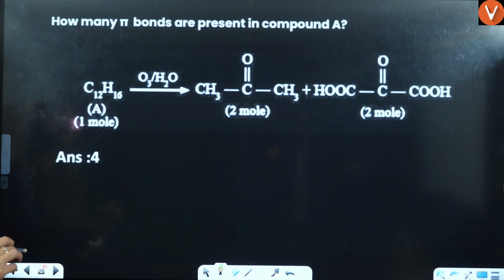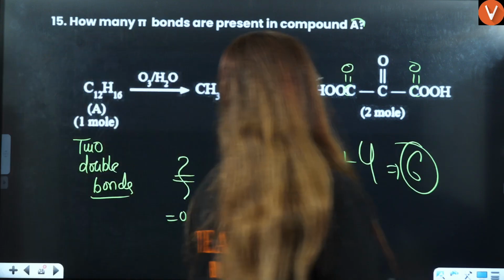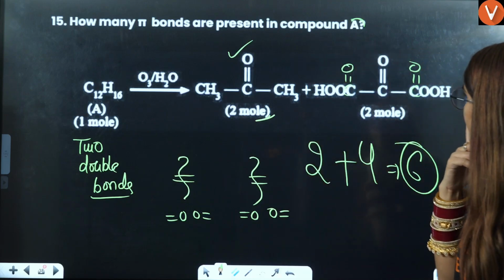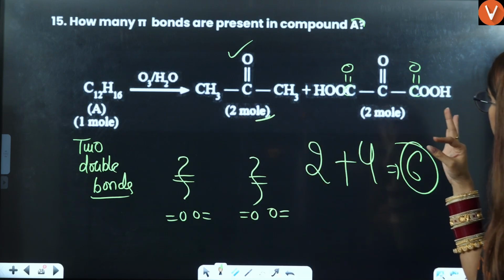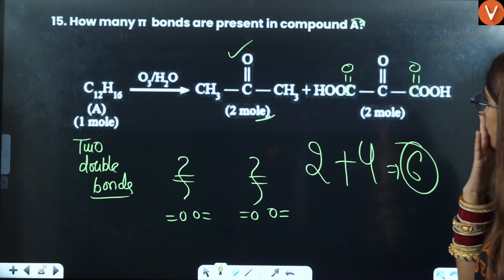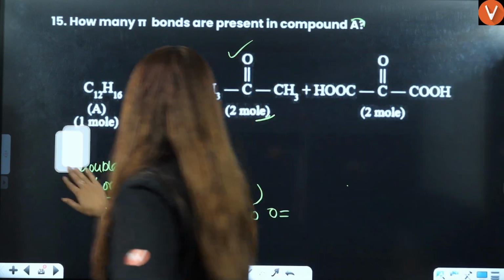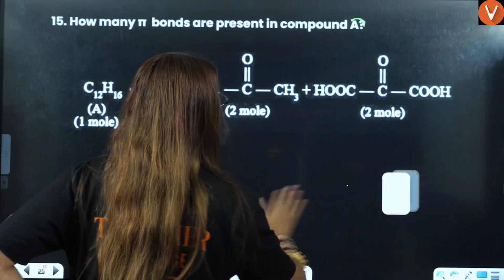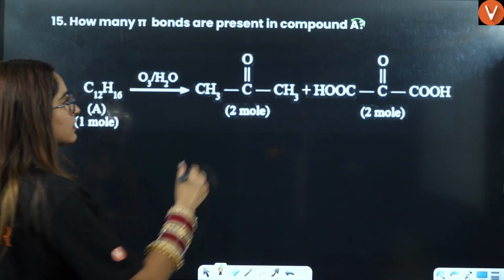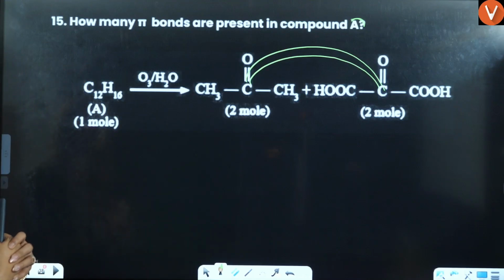How many pi bonds are present in compound A? If you talk about, wait a minute, have I written it right? 1, 2, 3, 4. 1, 2, 3, 4, already there. Wait a minute. Let me just see this. If you talk about this bond with this bond, it will have a double bond, right? Okay. Let's make